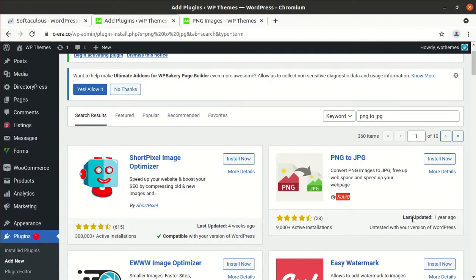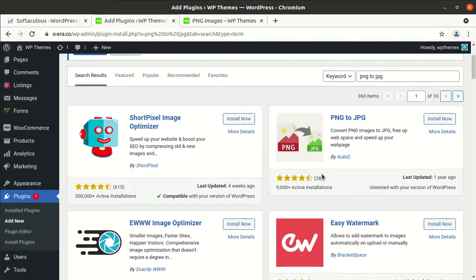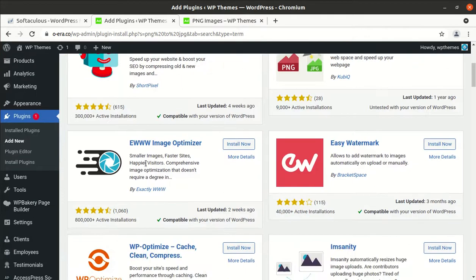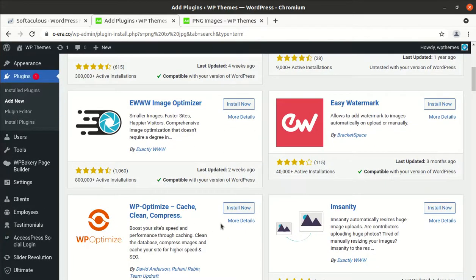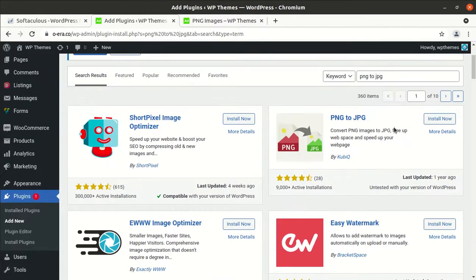However, it has not been updated in the last 1 year, but it works well, I must tell you. So without thinking further, you can use this plugin, and it works very well in fact. There are other image converters as well, but I have already tested this plugin, so I am installing this.